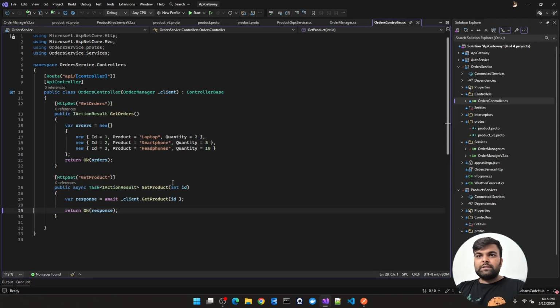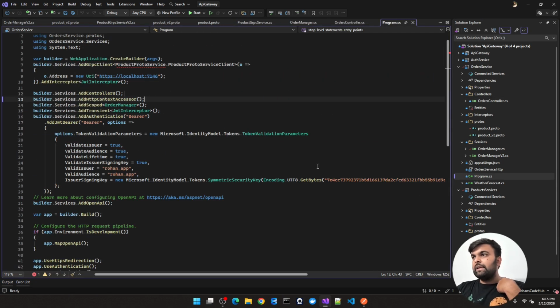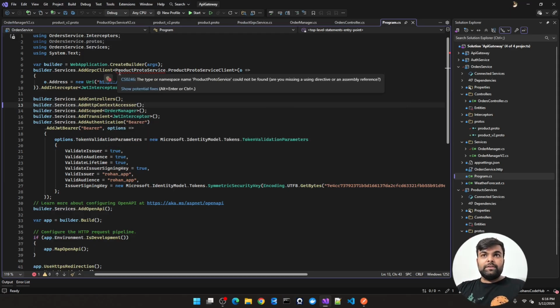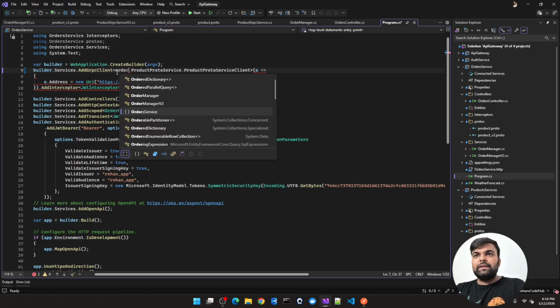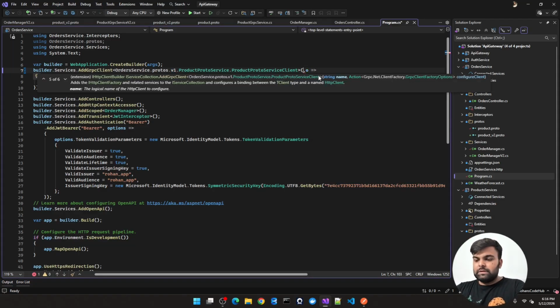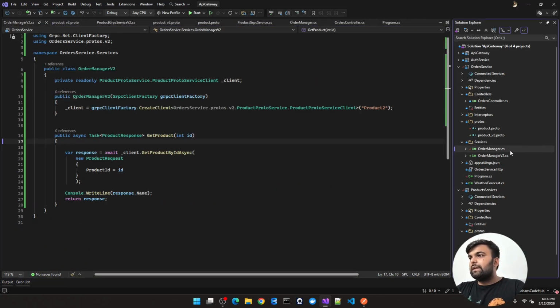Let's go to the controller side, where we will manage things as well. First of all, you have to go to Program.cs on the client side, because of course we have to change things on the client side as well. What you will do here: first I have to mention order services dot protos dot p, it should be v1. Of course, let's call the thing, what was it, it was product v1. Copy this.